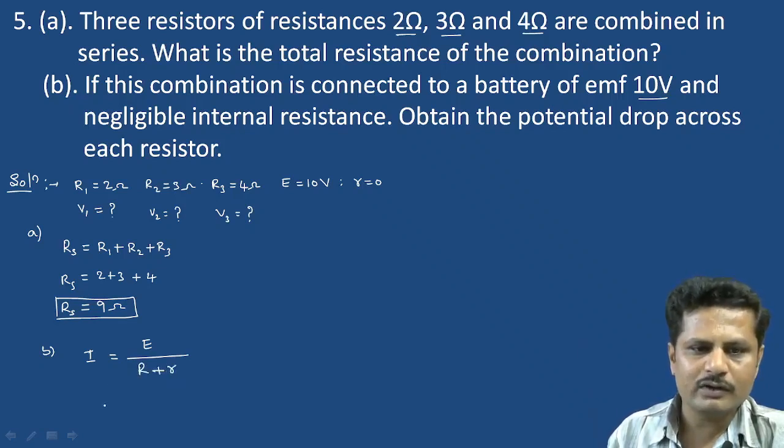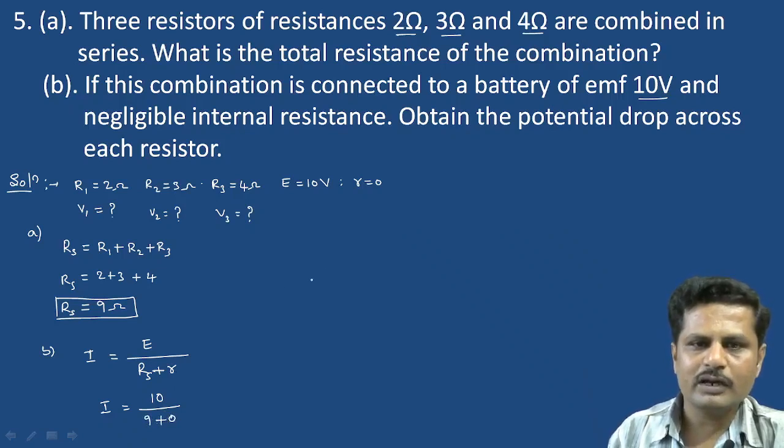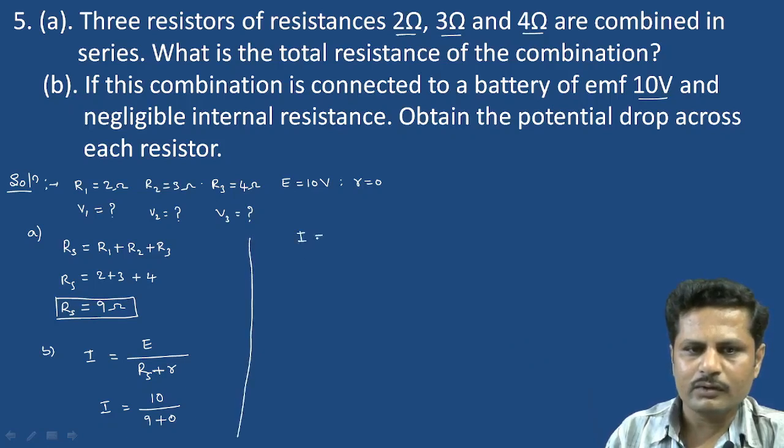Now on substituting the values, I is equal to EMF 10 volt, and here the total resistance Rs should be considered, that is 9, plus internal resistance 0. So 10 divided by 9 gives us I equals 1.111, that is I equals 1.11